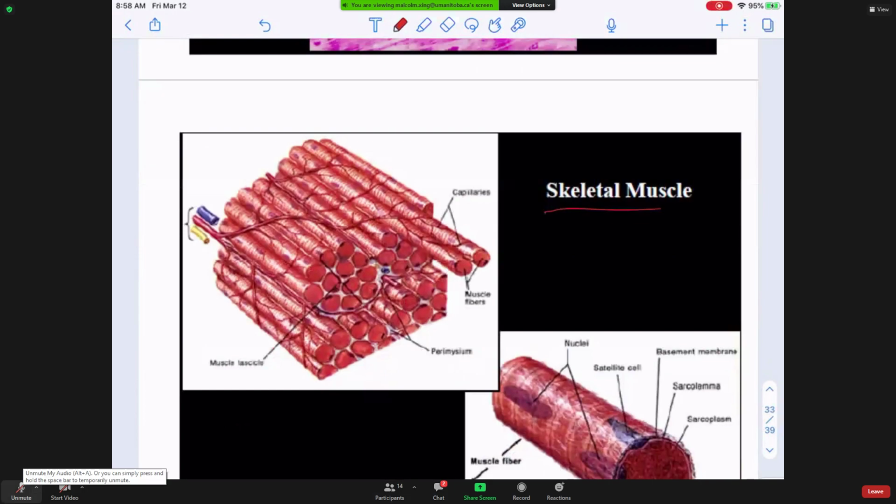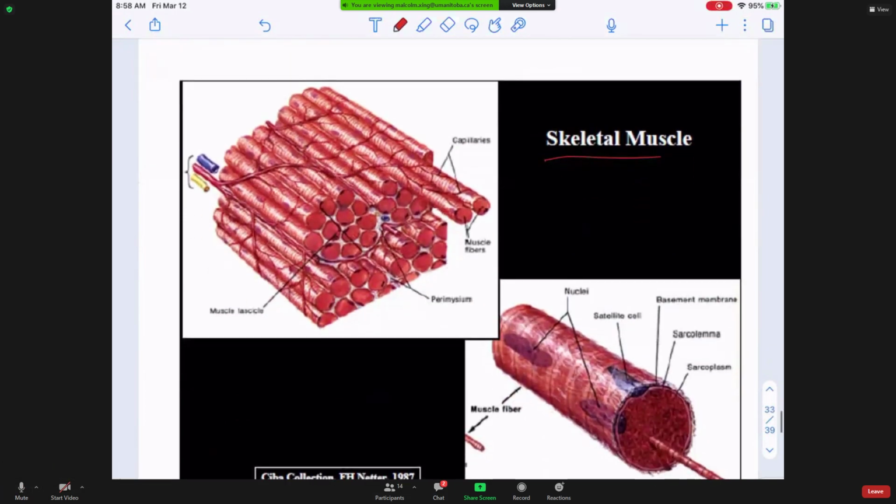So here's a little bit more about skeletal muscle. You see a long fiber and the blood vessel. That's different. So think about your project: brain, heart. If you want your brain tissue and heart tissue to survive, or the heart valve, always think about the blood vessels that need to grow inside.